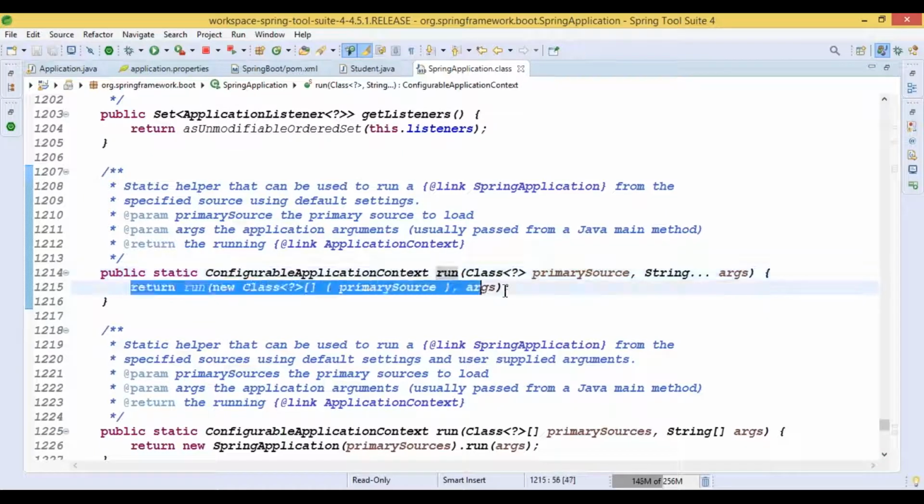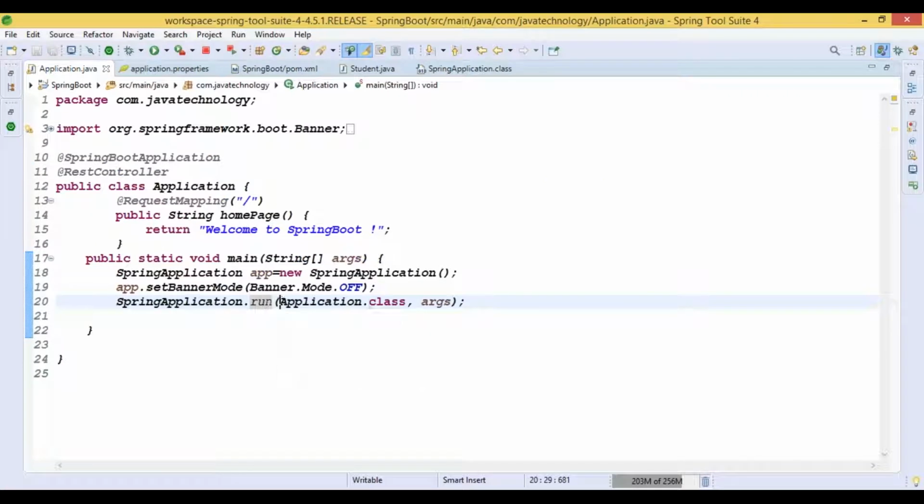Internally we also have the run method. So after calling the run method, it tries to create the object, but before that we are trying to set the banner mode off. So that's the reason the particular banner is not hiding here. And if you try to change the class name, application.class,